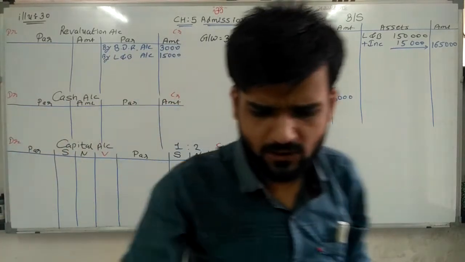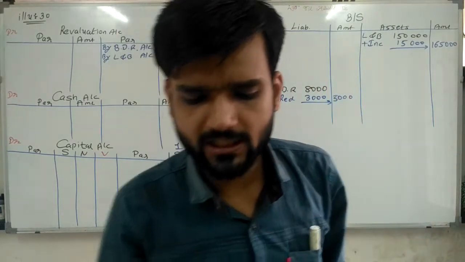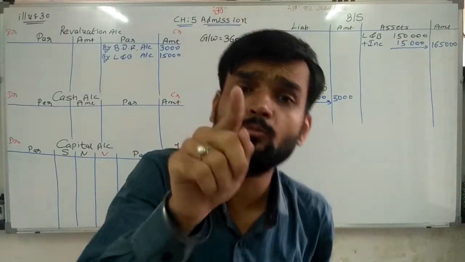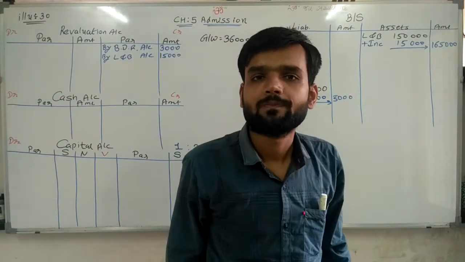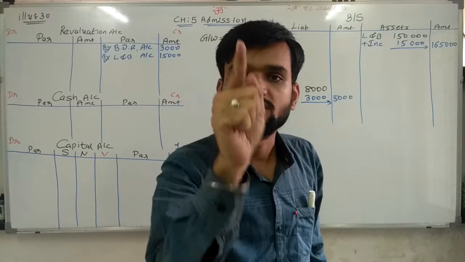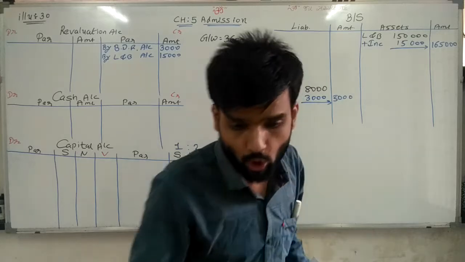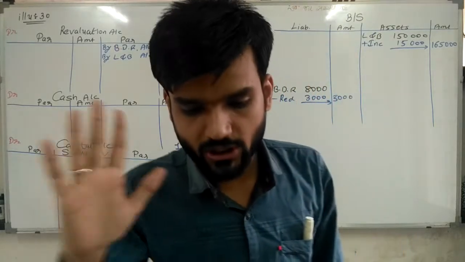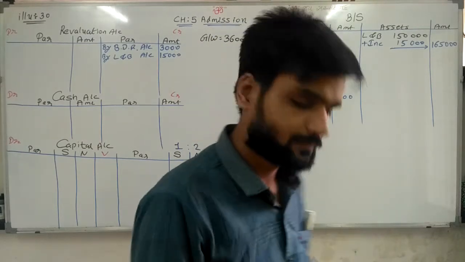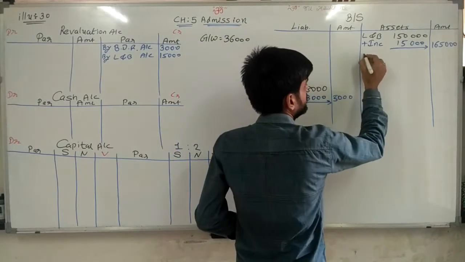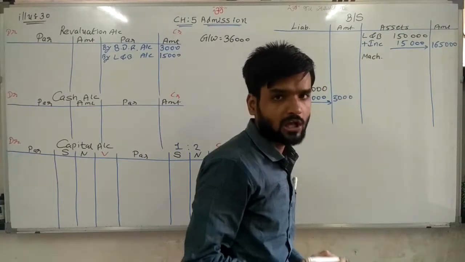Going ahead. Next one. Book value of machinery is 25% more than its market value. Now, book value means what? Whatever is given in the balance sheet is your book value. So first of all, I am writing the book value of machinery. Machinery is given as 50,000, so I am writing here machinery 50,000 rupees.